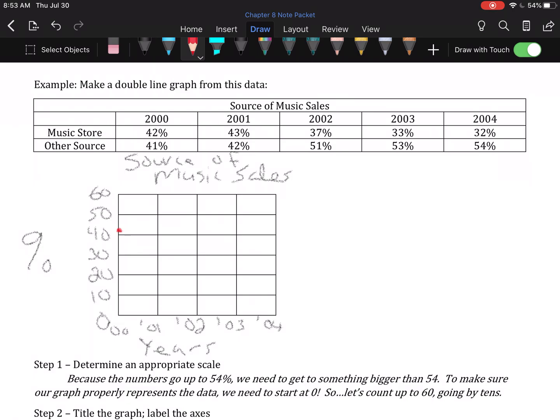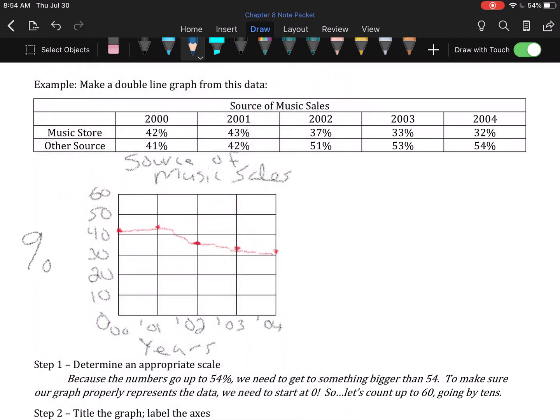In 2001, it went up a little bit to 43%. In 2002, it went down to 37%. So that's going to be under 40. In 2003, it went down to 33%. I need to do that a smidgen higher, actually. Because in 2004, it went down again to 32%. So that's plotting our points, and now we're going to connect these, sticking with the same color. Your connections will be a bit clearer, nicer. Again, I'm drawing on an iPad screen. It doesn't like to do